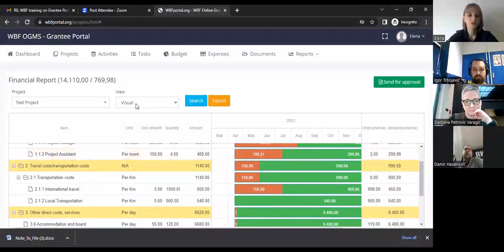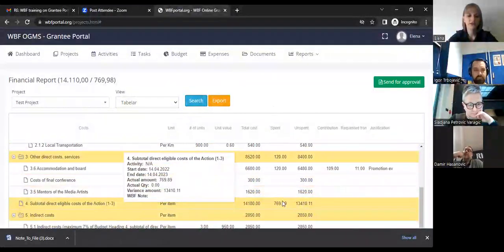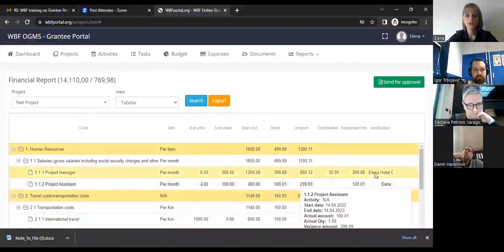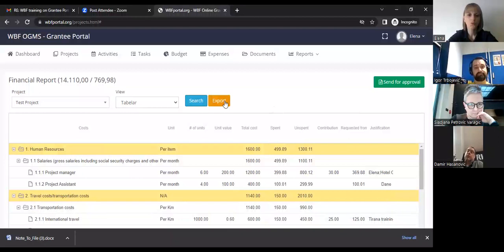There is the visual preview and there is the tabular preview. We click search, and we have all this data not in a Gantt chart, but as a simple table with notes on some of the budget items if you have already added some notes into the system. We can make an export of this budget